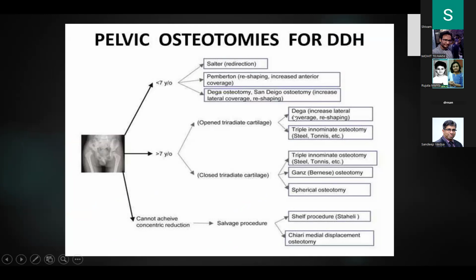Usually less than 7 years of age, we can do a Salter single innominate redirection osteotomy or reshaping osteotomy such as the Pemberton and Dega. Above 7 years of age, if the triradiate cartilage is open, a Dega or a triple innominate osteotomy can be attempted. If it is closed, the options now are either a triple innominate, a Ganz periacetabular osteotomy, or a spherical osteotomy. If concentric reduction cannot be achieved, then we are only left with salvage procedures such as the shelf or